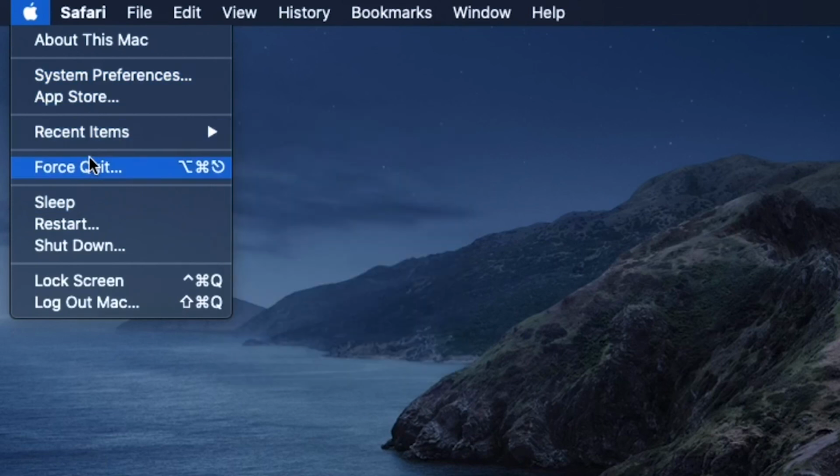You can force quit the app from here as well. Keep the computer in sleep mode, restart, shut down, lock screen, log out from here.